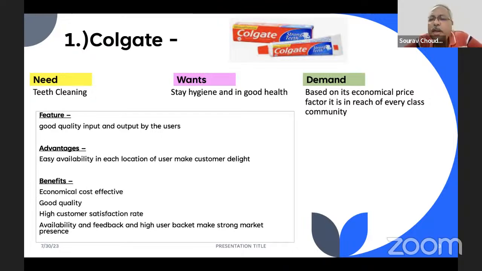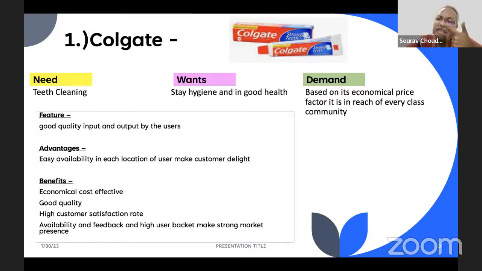Correct. So if I talk about want, if I am using a Colgate, ठीक है, मैं एक ब्रांडेड टूथपेस्ट ले सकता हूँ, which is Ayurvedic, which is non-Ayurvedic. I am not going to use anything which is non-branded. Okay, so that's why my want is to have a branded toothpaste. Now my demand is, because I can pay for it, my demand is I will buy the most